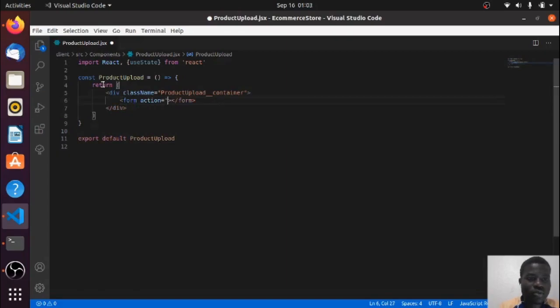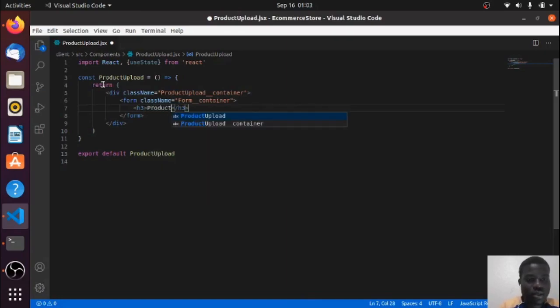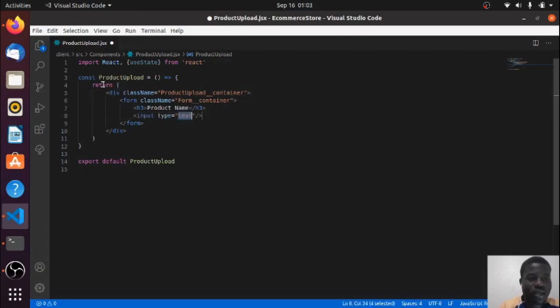In this form I can remove this action, and then in the className I say form_container, and then in h3 that will say product name, and then we have an input for that of type text, and the placeholder will be enter in the name